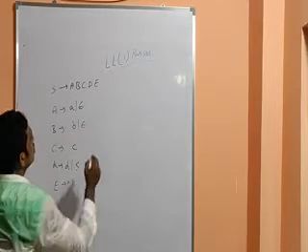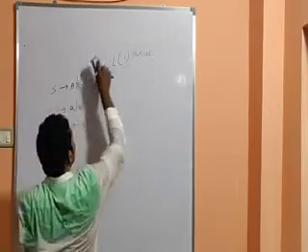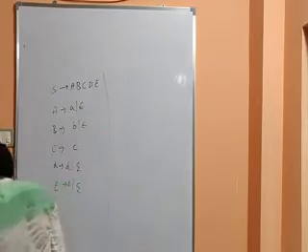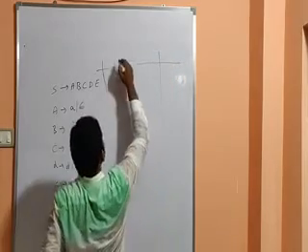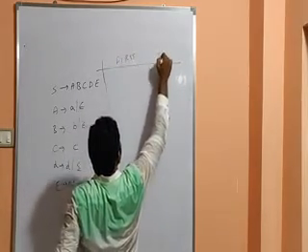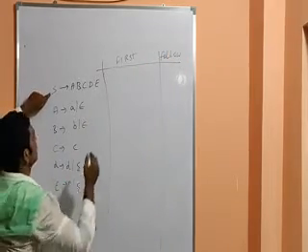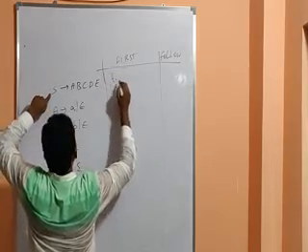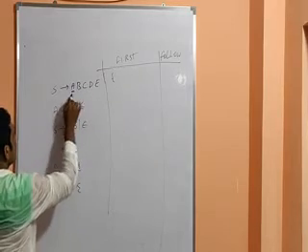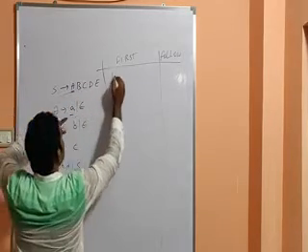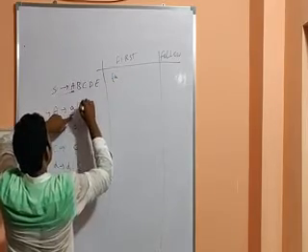So now let us write both the values, meaning the first and follow of the given grammar. First we will write first, next we will write follow. Let us start with S. What is the first of S? Capital A. Come to the capital A grammar. What is the first variable I have? Small a, comma epsilon. So this epsilon will be moved to the capital A position. And what is the next value?